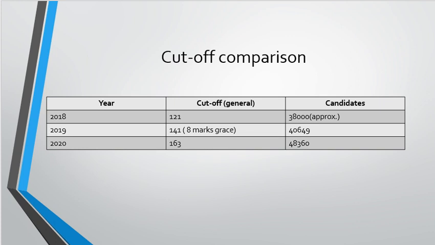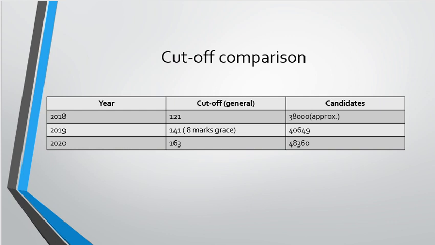When more number of candidates are applying, the chances of increasing the cutoff is more, because the seats are limited. How this cutoff is decided is that the government has fixed a certain number of candidates who can qualify the GPAT examinations. Suppose for general category, government has set a limit of 1900 candidates. So in general category, the person who is having the rank of 1900 in the general category, his marks will be considered as the cutoff mark for general. So that's how cutoff is decided. So the seats number are limited and the candidates are high. That's why the first reason is cutoff increase.